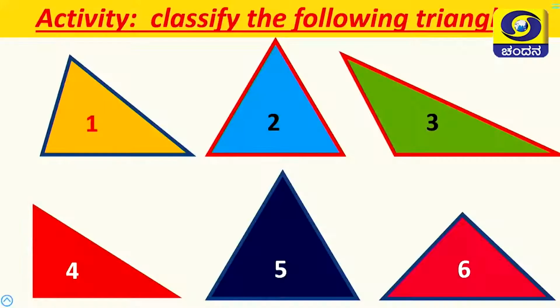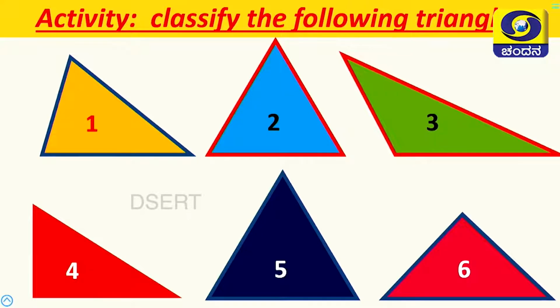See, first one, what type of triangle is this? Yes, it is a scalene triangle because all the three sides are unequal here. And second one is, guess, yes, it is acute angled triangle, isn't it? Because all the angles are acute angle here. Third one is an obtuse angle triangle, isn't it, children? And fourth one, yes, correct. Definitely, it's a right angle triangle.